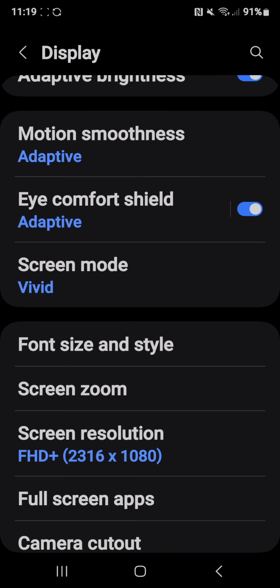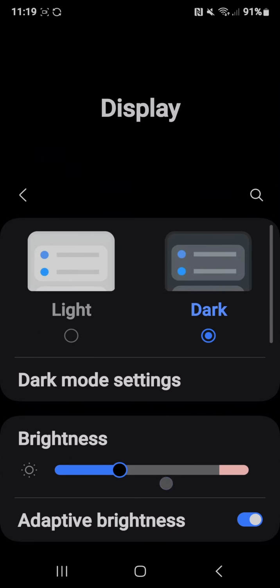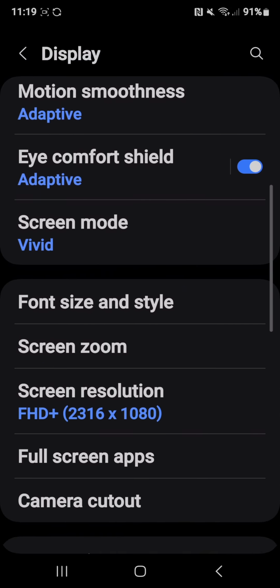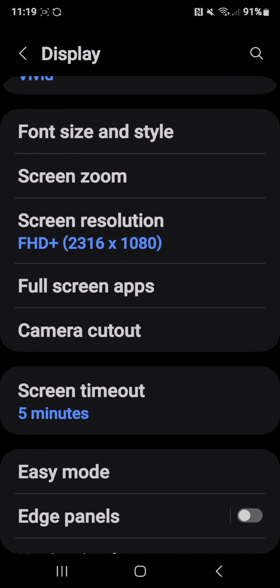So once you come out of here, you'll see on your settings and display mode all the font has changed